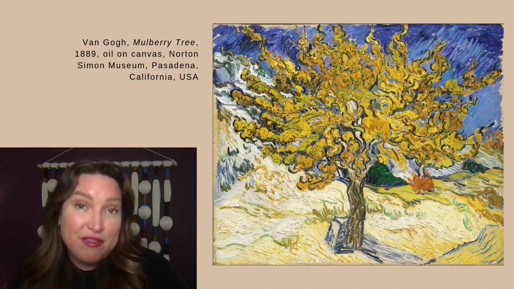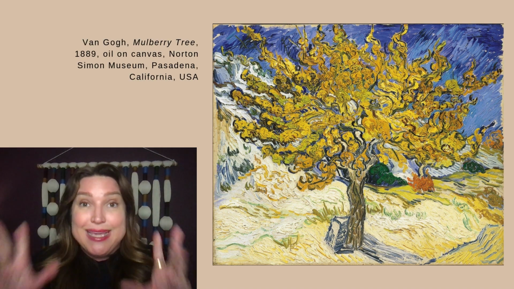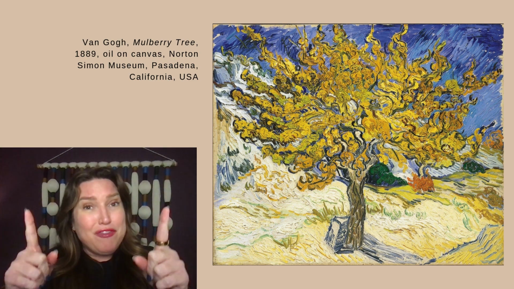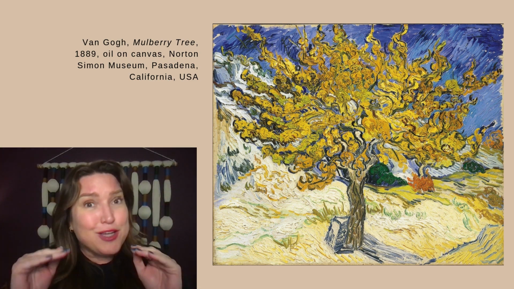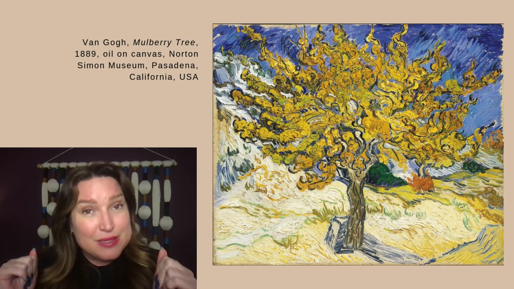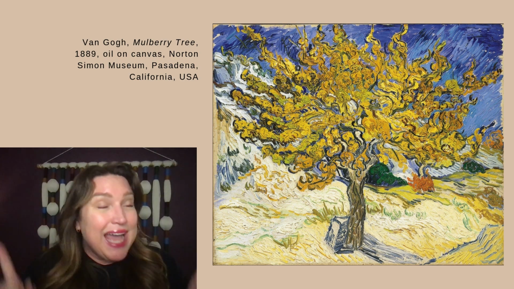So what do I mean? Let's look at this example. This is a painting by Van Gogh of a tree. It is representational because it still looks like a tree. However, unless you're actually tripping, not just art tripping, but maybe on some hallucinogenics, that is not what a